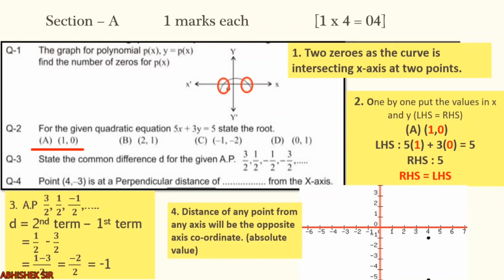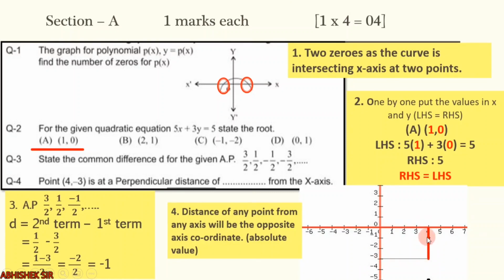That means if we plot the point (4, -3), you can see on the x-axis it must be 4 and on the y-axis it must be minus 3. So both these coordinates are coinciding over here. You can see this point. Now the perpendicular distance of this point from the x-axis, you can see this red line, is nothing but the value of the y coordinate. That means the y coordinate is minus 3.